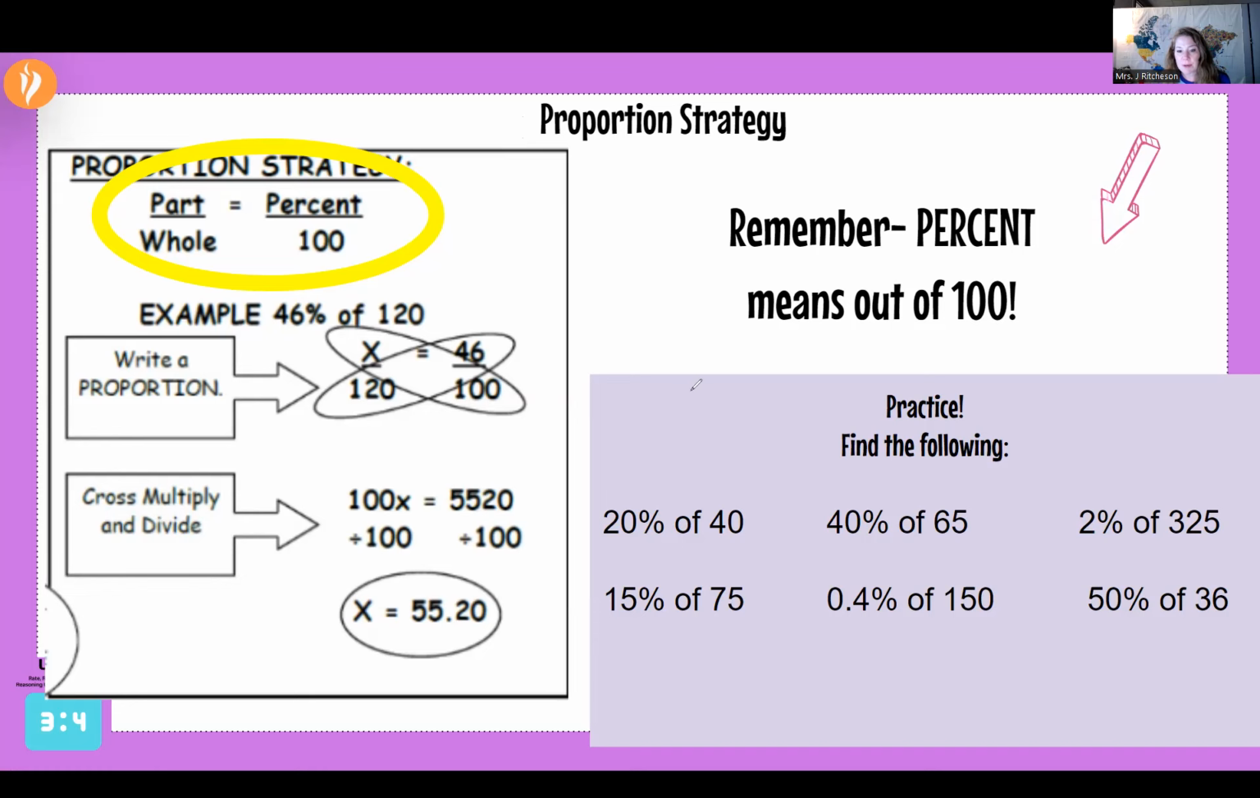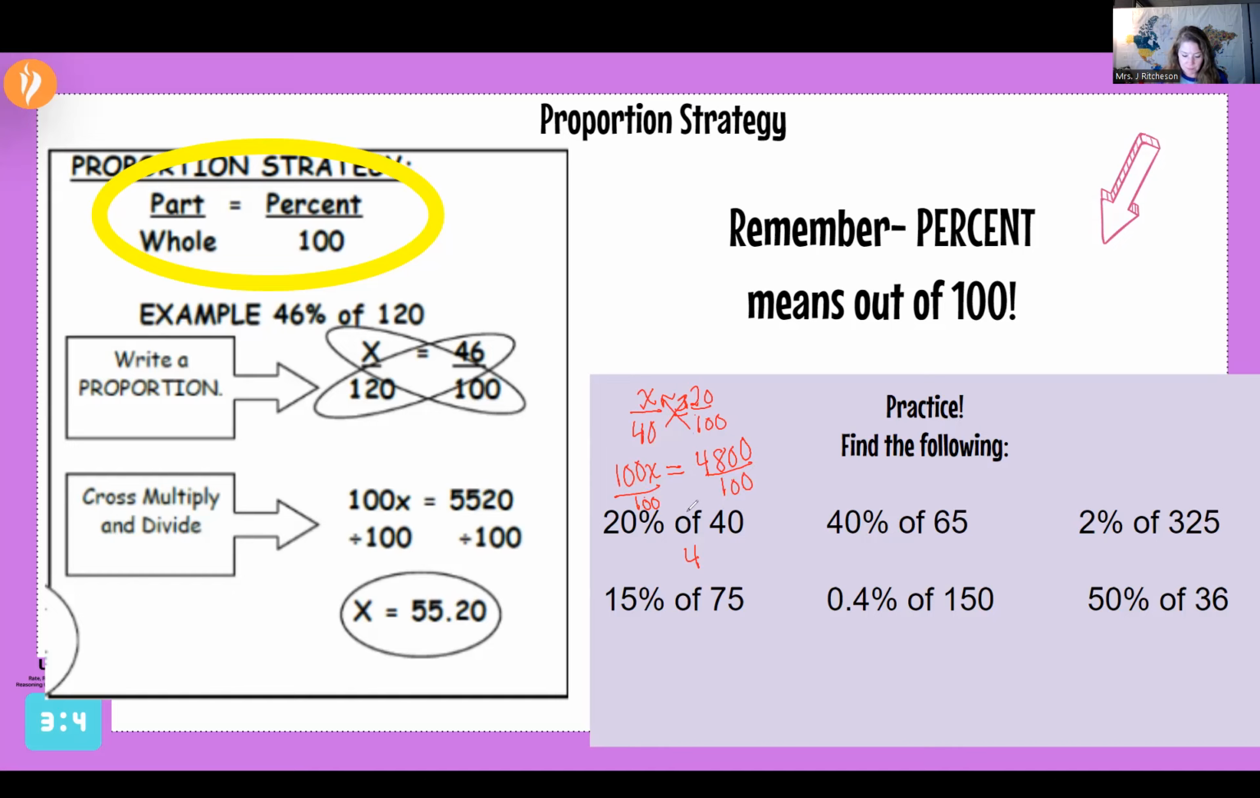All right, so on the first one, our percent goes over 100, and then 40 is our whole, and we're trying to figure out the part. What part of 40 is 20%? All right, so when we cross multiply, we get 100x. 100 times x is 100x, and then we get 120 times 40 is 4,800. And then we divide by whatever is attached to the variable. So what is attached to that variable is a 100. So our final answer should be